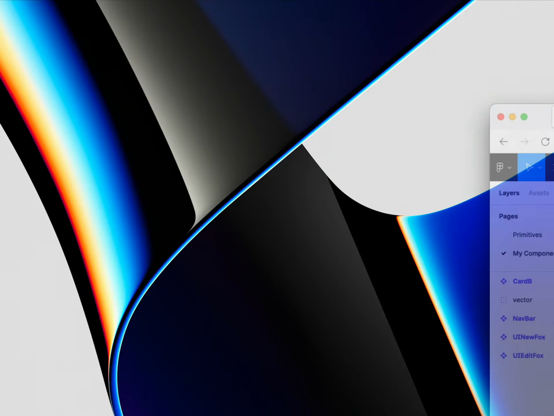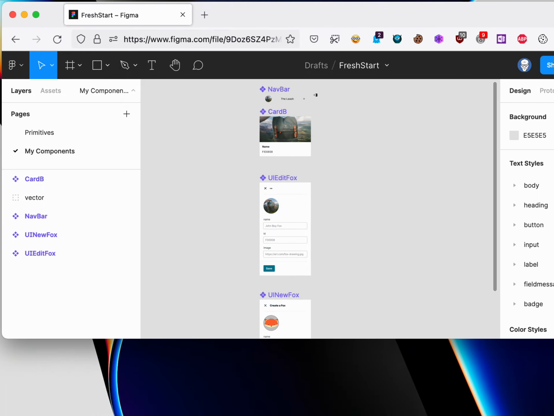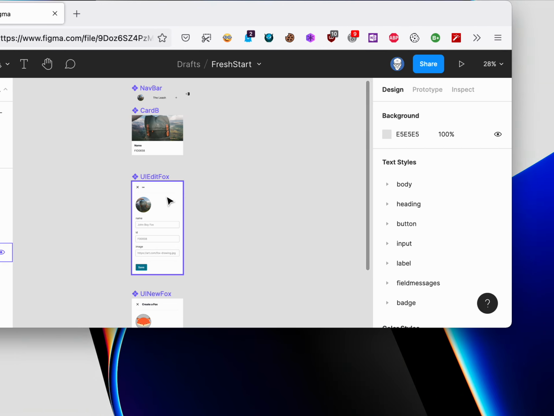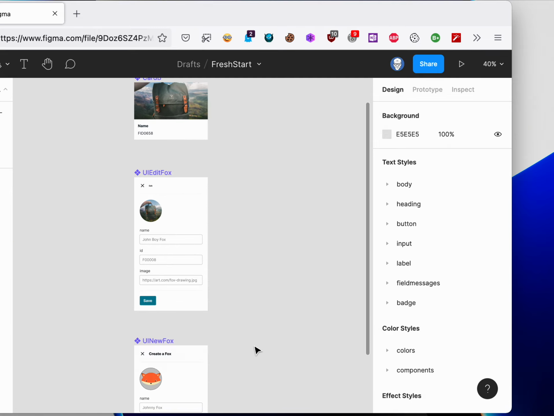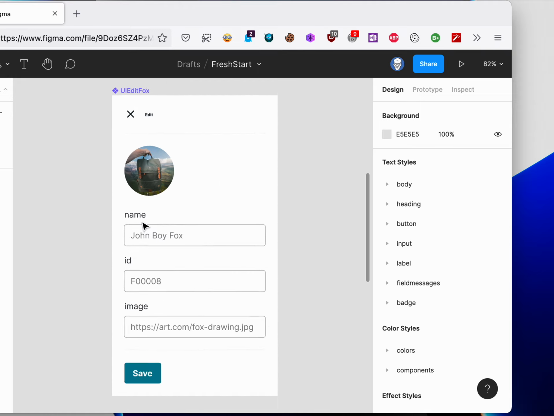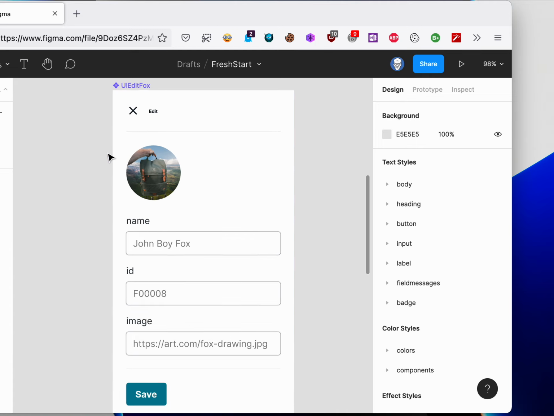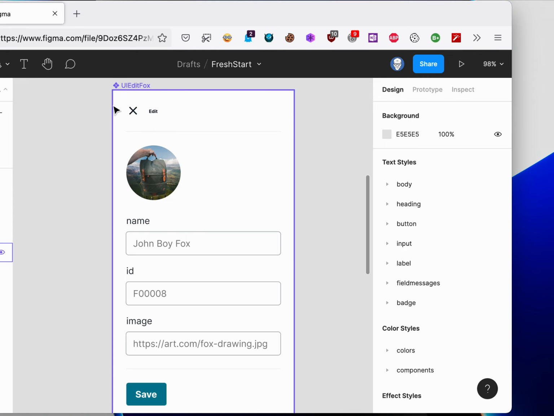Be talking about your edit or update form. Many people are on this stage right here, so I just wanted to cover it with you for a second. And what we have here is my update form, and it's called Edit Fox. Notice that I title it with UI so that it's a better way to discriminate it from React components. So I want to discriminate my Figma components from React components, so that's why I use the UI in front